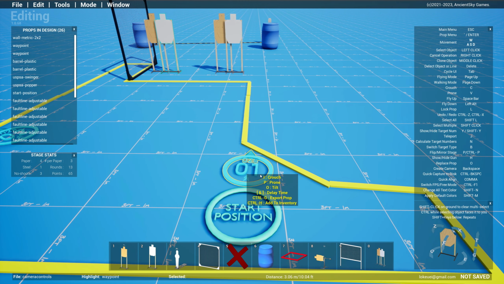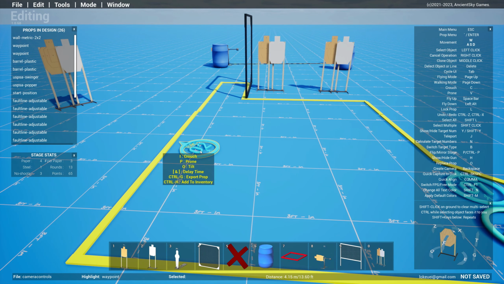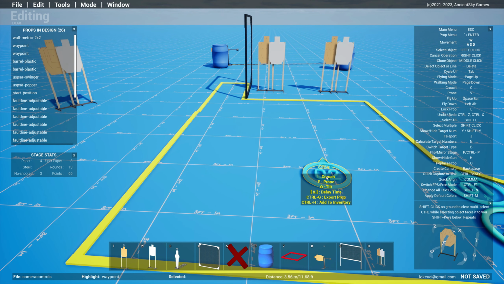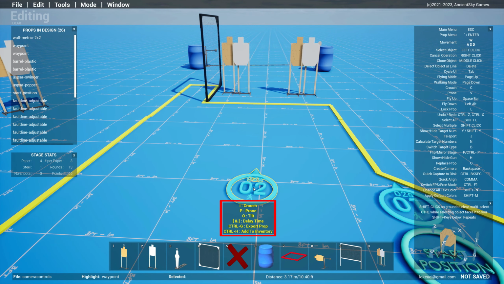Okay, so since I'm going to stand here for 2 seconds, I don't think 2 seconds is enough to shoot these 2 targets. Alright, so I'm just going to make waypoint number 2 somewhere around here, and I want to stand here for maybe 5 seconds, right? If you look at this menu here, you have crouch, prone, tilt, delay time, and you can